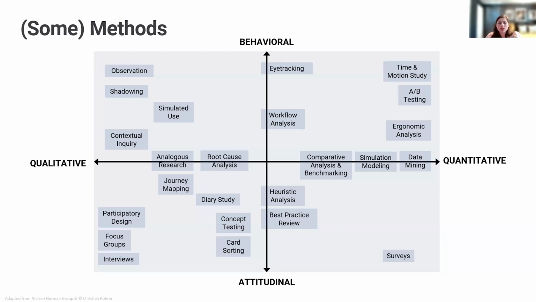So for example, simulation modeling is often used to identify potential operational processes and workflows and try to iterate on and improve them. But the thing about simulation modeling is that it uses simulated people who magically do exactly what they're told. So you lose a little bit of the nuance of human behavior. What if someone does something different than what we expected? So that's why I would sit it on that middle line.